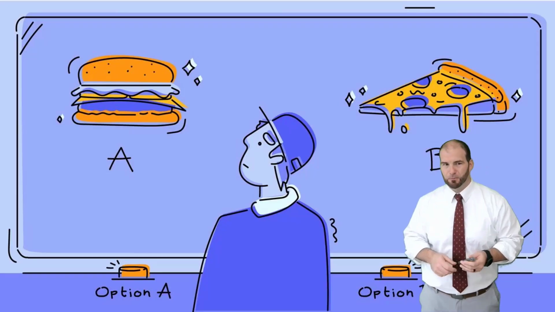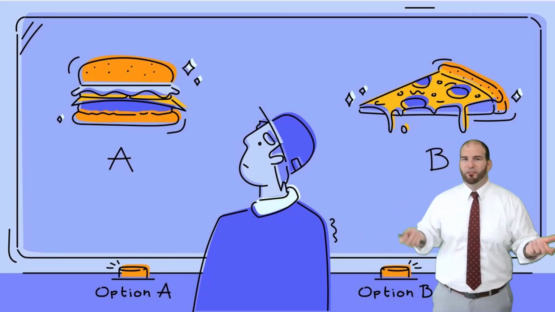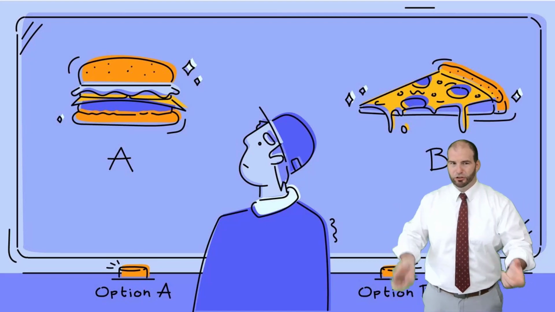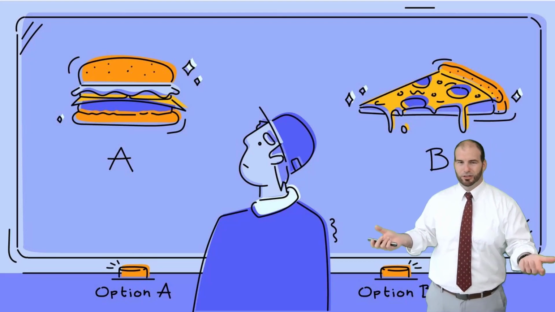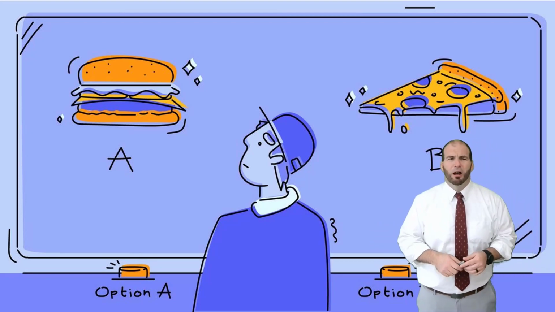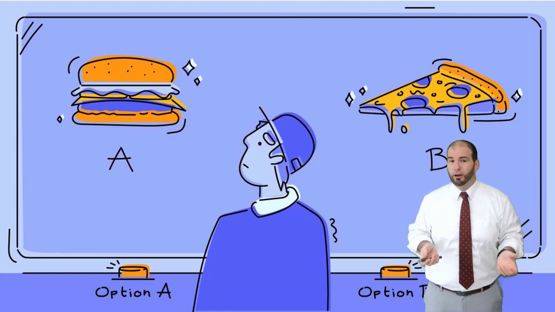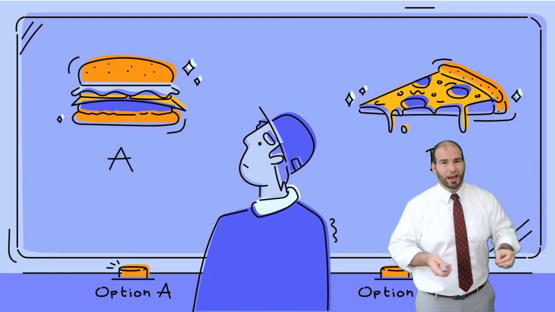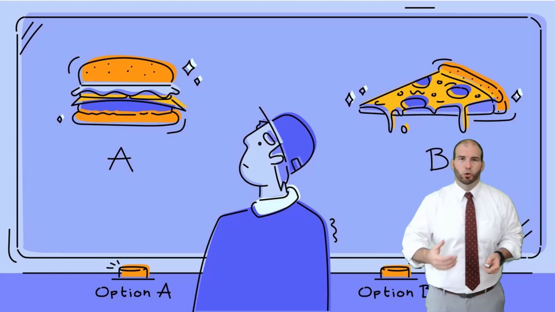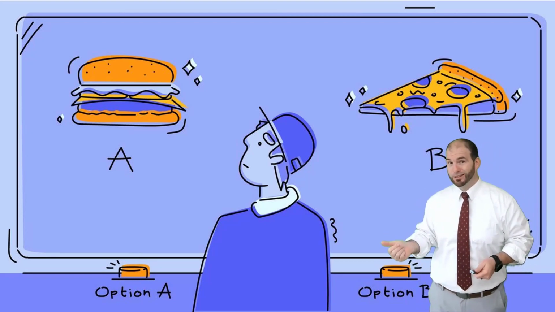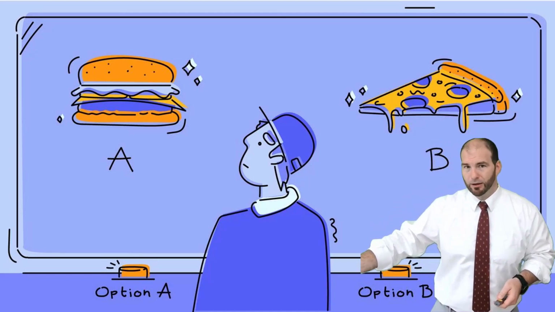Let's simplify it here. On an individual level, say you have $5 and you want to buy lunch. You have a choice between a $5 cheeseburger or a $5 pizza. Obviously, I would assume more than one slice. I don't know. But you have a choice between cheeseburger and pizza. You like both, but you have to make a choice. Is it A or B? Opportunity cost: what did it cost you if you went with the cheeseburger? It cost you the pizza. Basically, opportunity cost is the choice you didn't make.